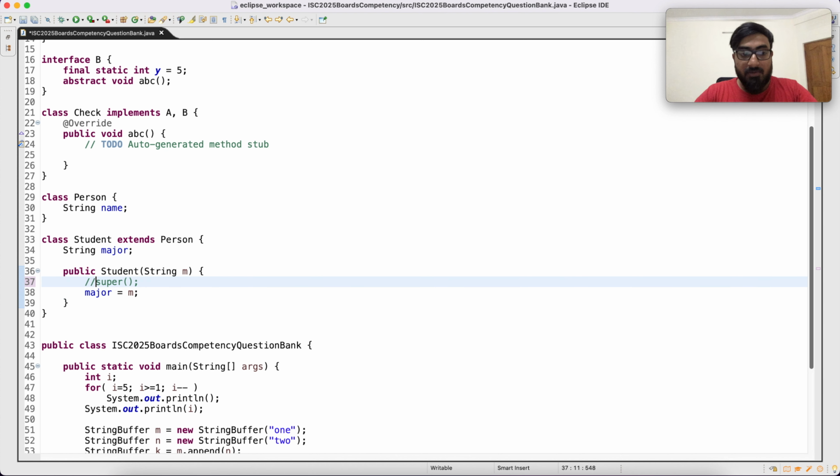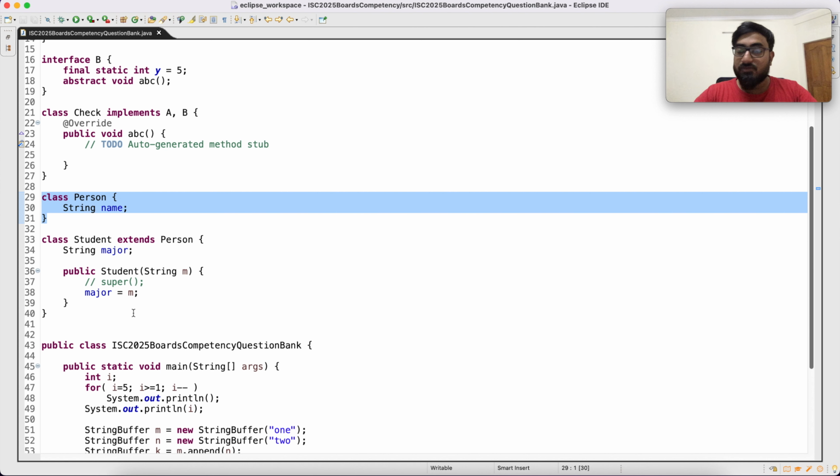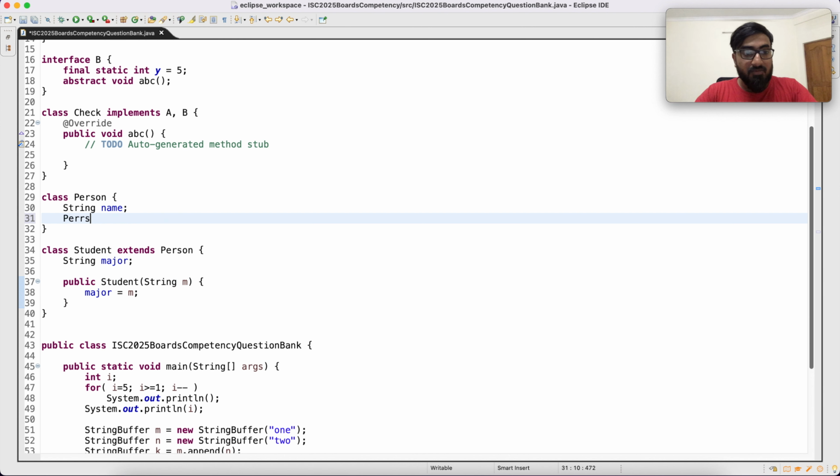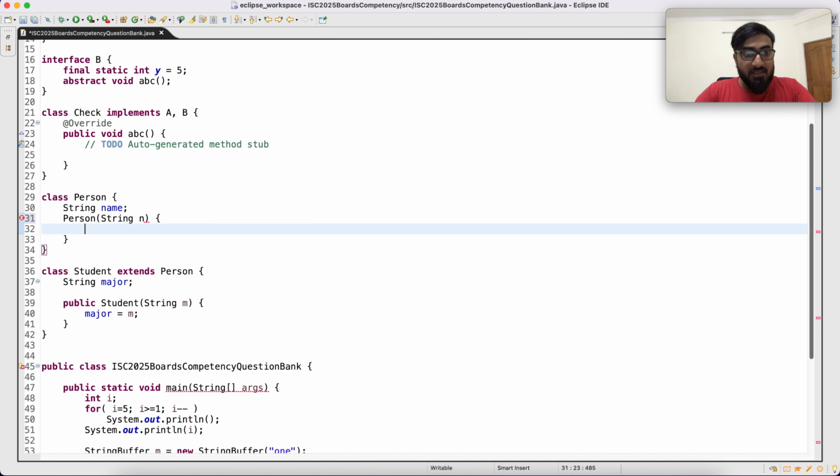If I comment this out, this is still okay because by default a super is being called, which is called in the default constructor. So if I remove this, this is still fine, because even if there is no call to super, it is there, we just cannot see it. What do I mean by this? If I add a constructor with a string n that sets name to n,